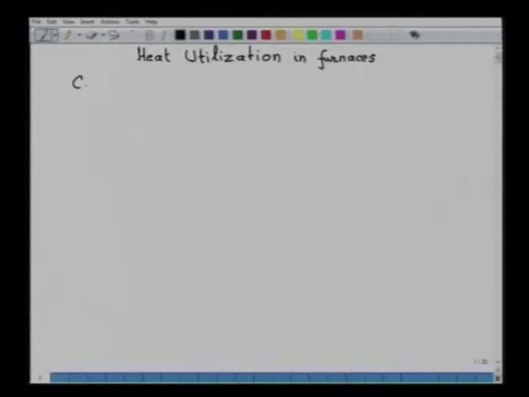Today, I will talk on heat utilization in furnaces. Complete heat balance of a furnace shows how the heat flows into the furnace. That means, the complete heat balance of a furnace